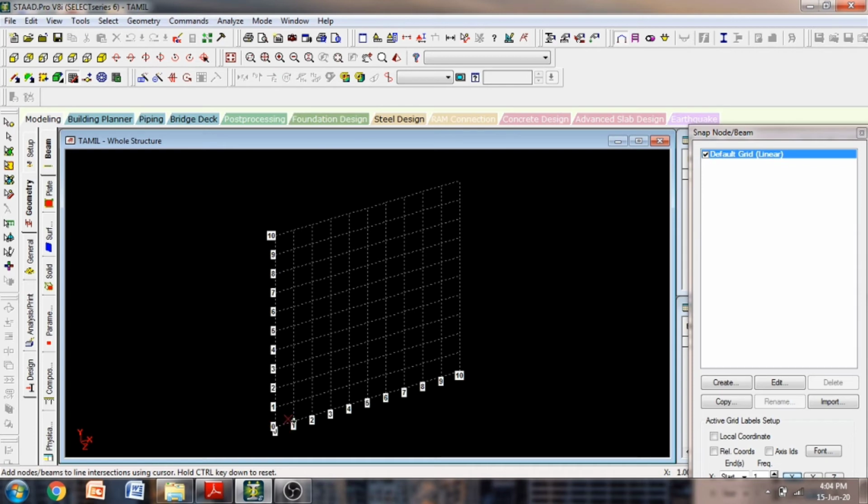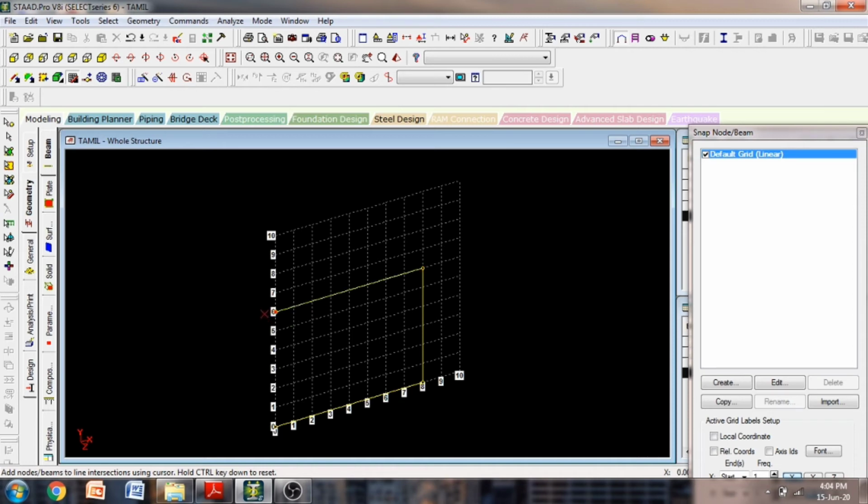This is what StatPro gives as an easy way to draw some nodes. Just click on the first node, it will come along with your mouse. If you click on the second one, it will create a node again where you're clicking the mouse. Then just click here, it has created the third node.